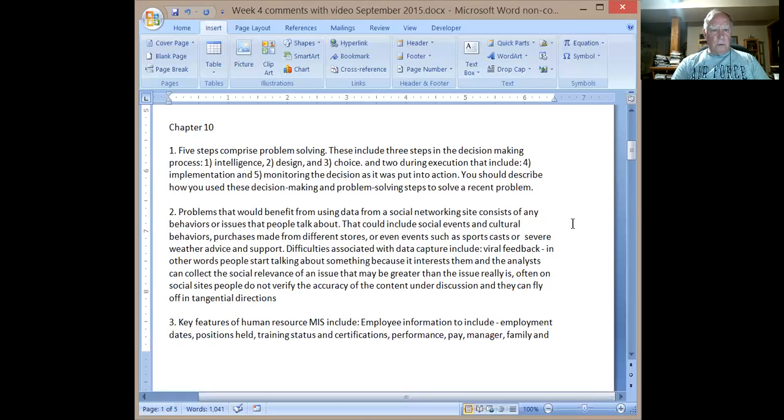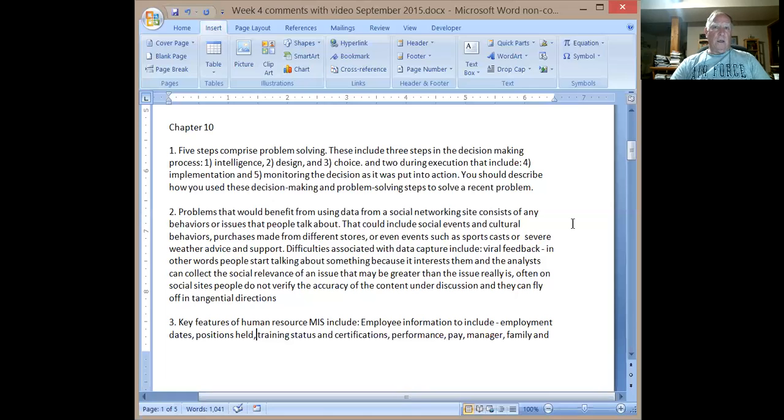And number 2, problems that would benefit from using data from a social networking site. Any behaviors or issues that people talk about. It's pretty broad because people talk about a lot of things. So social events, cultural behaviors, purchases, sportscasts, weather advice, a health alert, just about anything that people want to talk about. So difficulties associated with capturing that data include